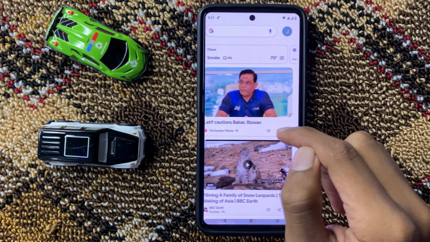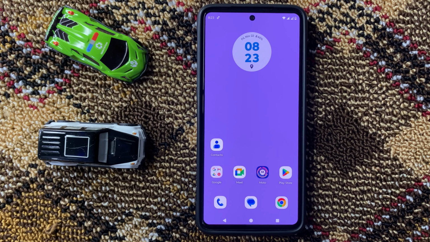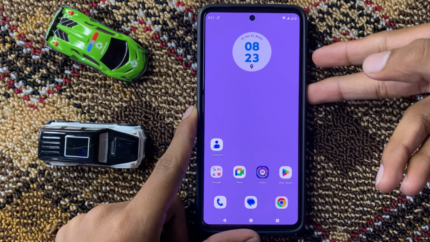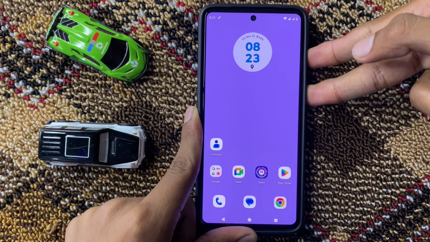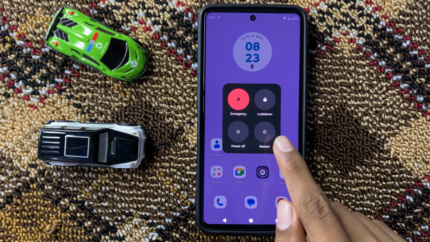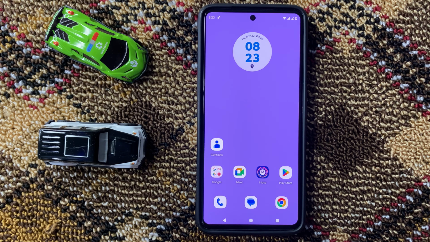First of all, restart your device. To restart your device, press and hold the volume up button and the power button at the same time, and then click on restart. After restarting your device, then